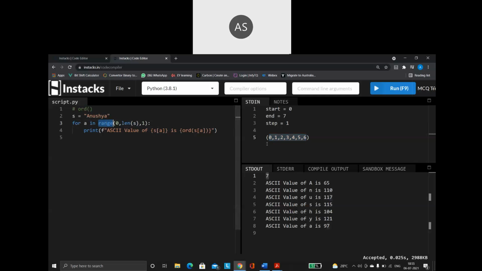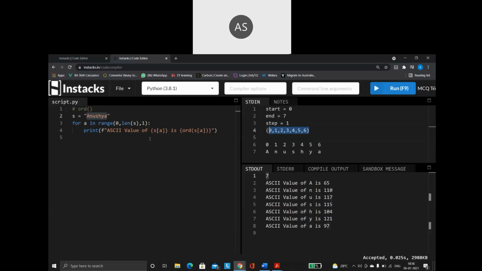Now what are all these numbers? All these numbers are nothing but the index positions of the string. So when you are going to store the string, how is it going to get stored? Based on the index. So how is my index going to be there? There you go. The positive indexes are 0, then 1, then 2, then 3, 4, 5, and 6. These index numbers are what is going to get generated by this range function.